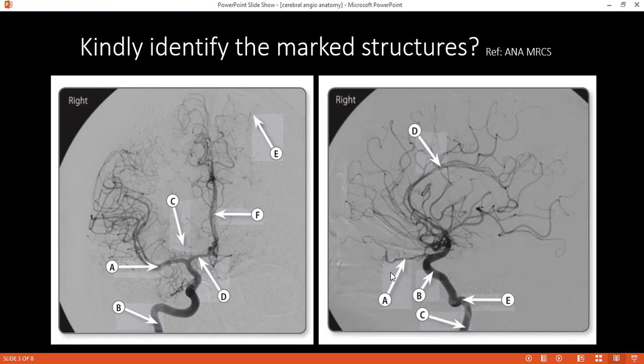If you can identify the structures labeled A to E, please, all of them quickly. A is... or if you can identify what B is, vessel B and C. Any idea? Yes, ma'am. It's a common image. Internal carotid artery. It's the same. Yes, it's basically internal carotid artery. Very good, and giving branches to ACA and MCA. Which one is MCA? A is